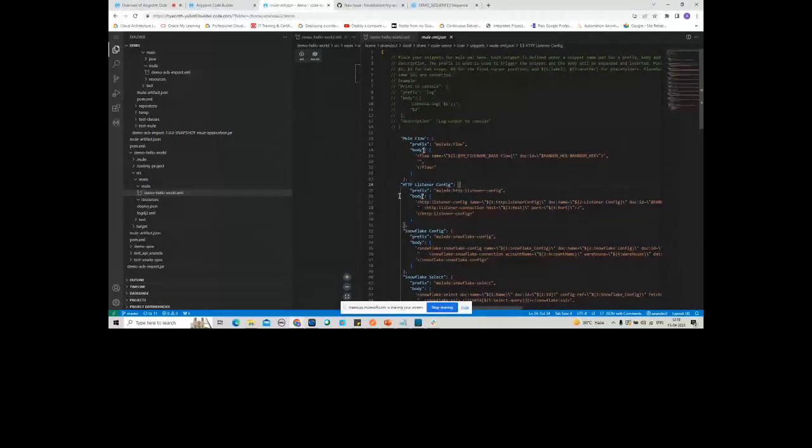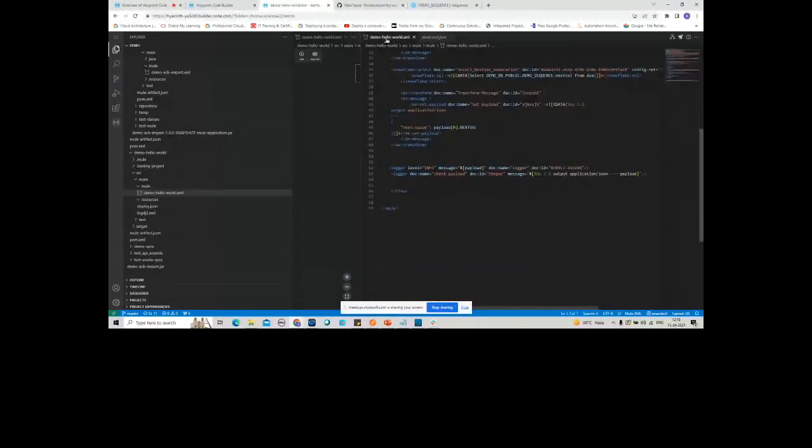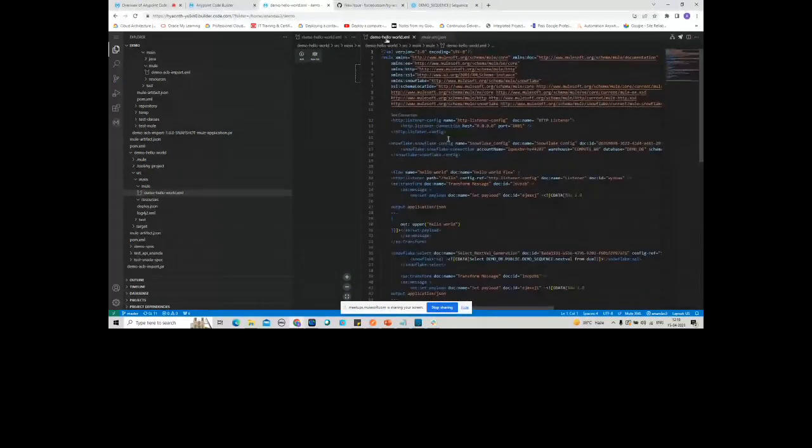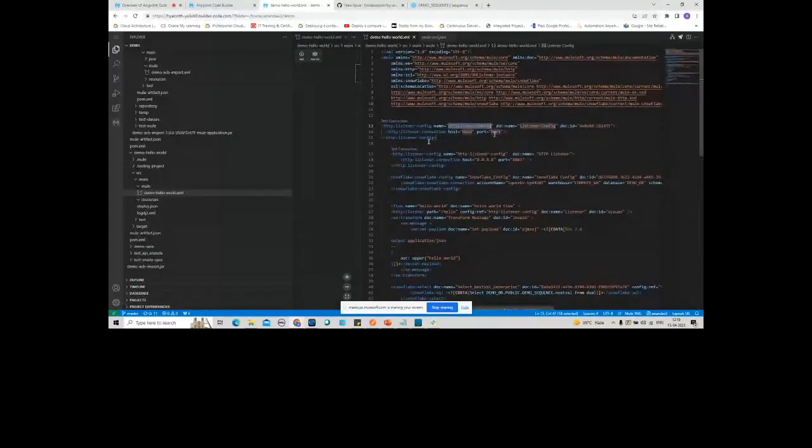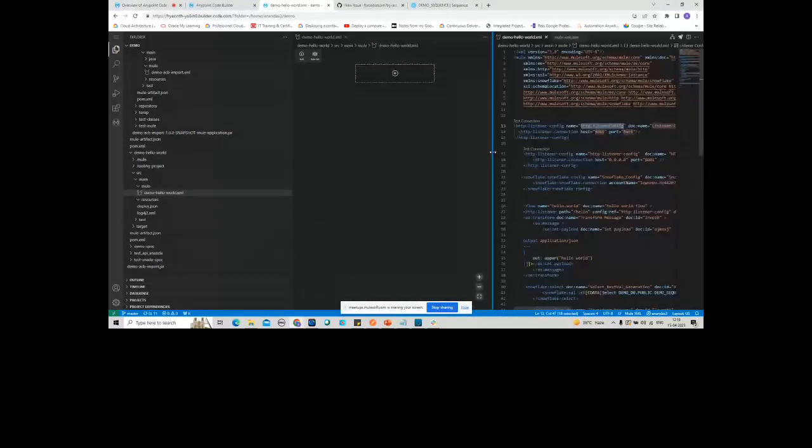For example, listener config. I am saying that if I type HTTP listener config, it will start populating. First I will get an option with HTTP listener config, as I showed you. Like here, if I type HTTP listener, I can take the HTTP listener from my component palette, or I can take the HTTP listener config from my snippet. If I take it from my snippet, the advantage is that it will give me all the